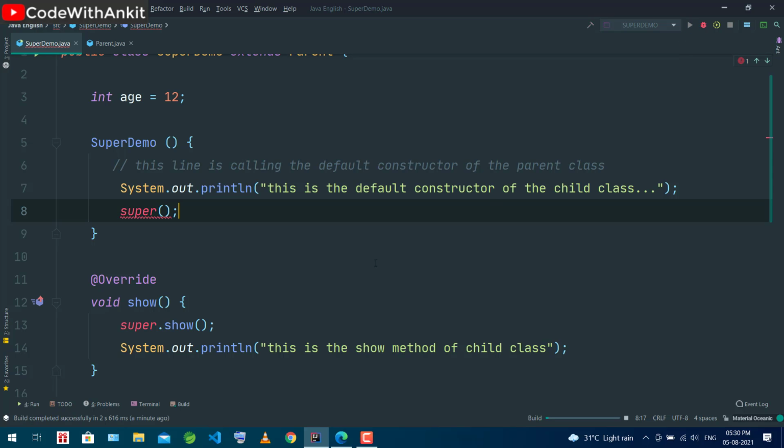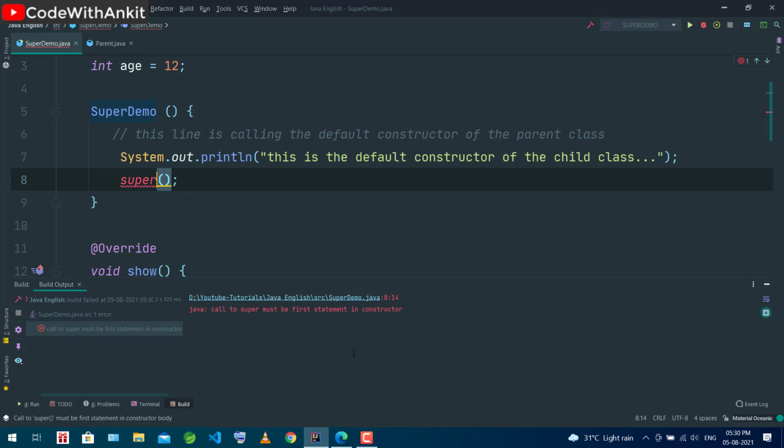It will throw an error: call to super must be first statement in the constructor. So always remember, call to super must be the first statement. If you have to call the super, it must be the very first line of the constructor.